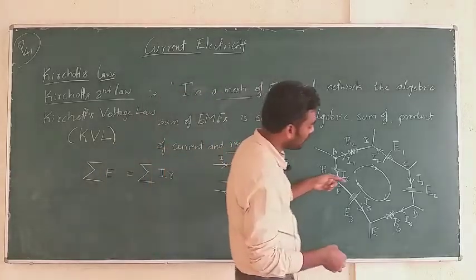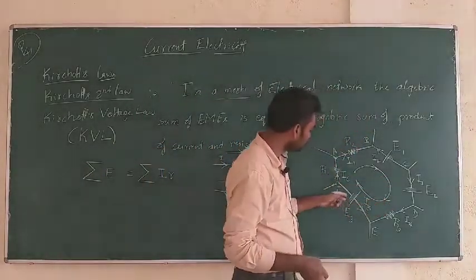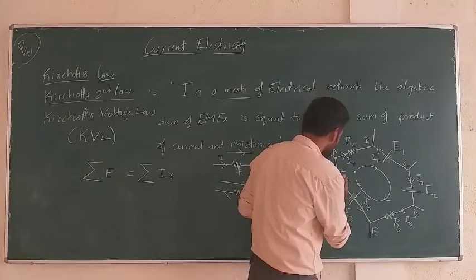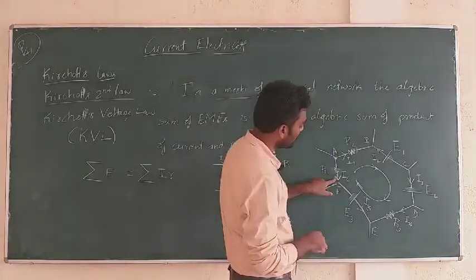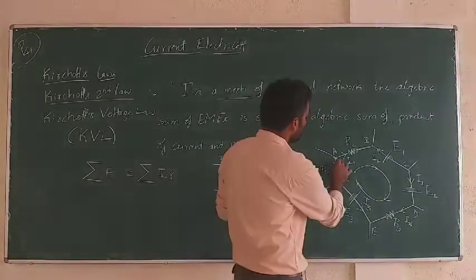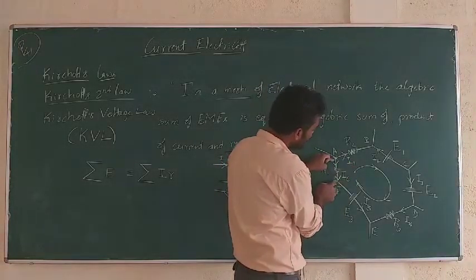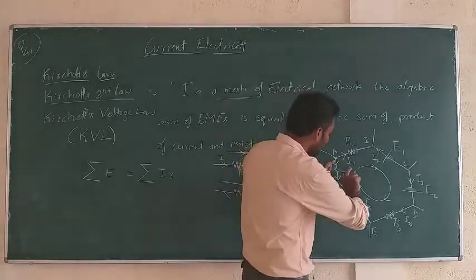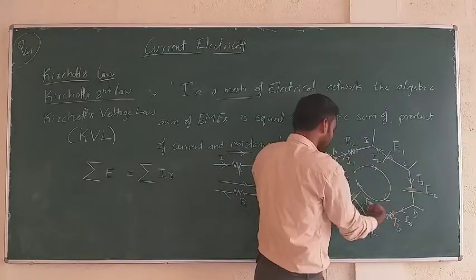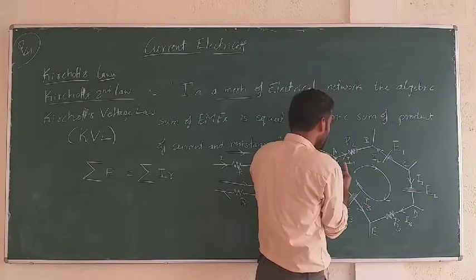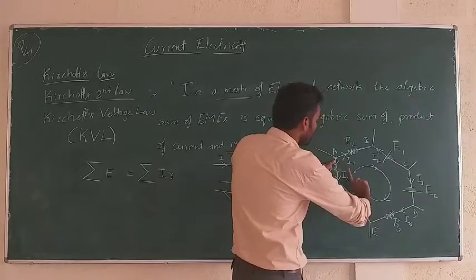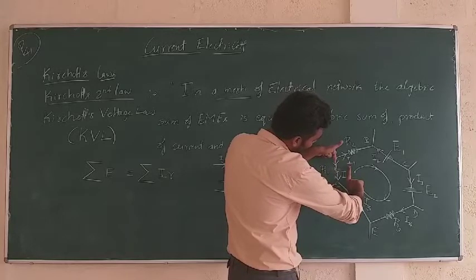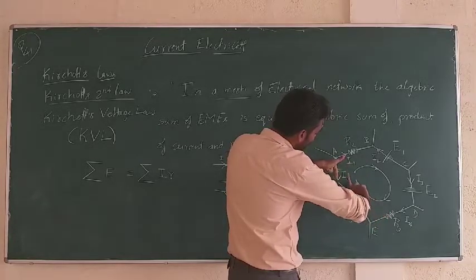see, for example, a resistor. Let me take this as the opposite direction. Now, considering this particular part of the circuit, from here to here the current should be the same, because there is no splitting from here to here. The path direction, we go like this, come back, and when we come to this particular part of the mesh, I see that the current is flowing in the opposite direction of the path that I am following.